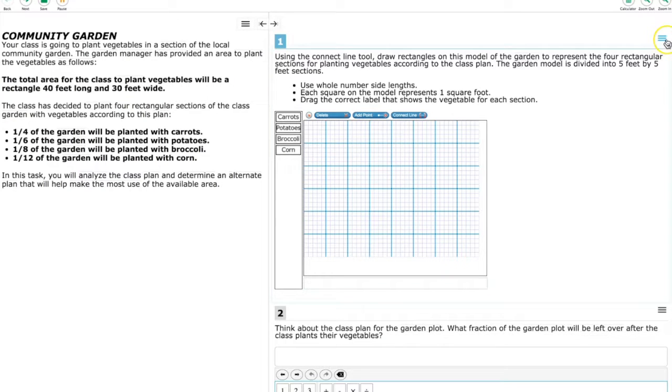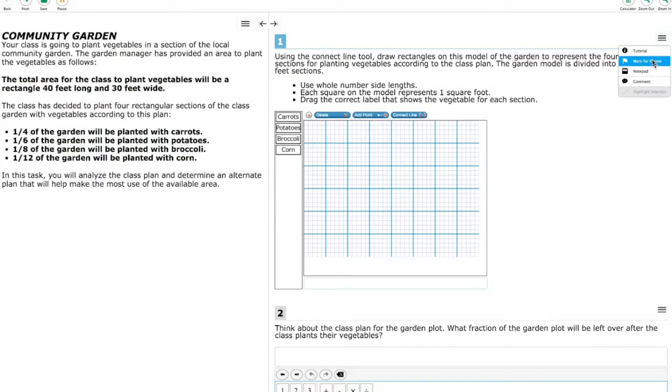You see the 3 lines here on both sides. There's the setting or the situation that they're going to give you, the problem that you're going to solve. And then over here is where you do the work. Okay, so on the left-hand side, if you click the 3 lines, you'll see that there's highlight selection. So this is where you can go through and highlight parts that are important for you to use to solve your problem. And on the other side, when you click the 3 lines, you have mark for review, which means